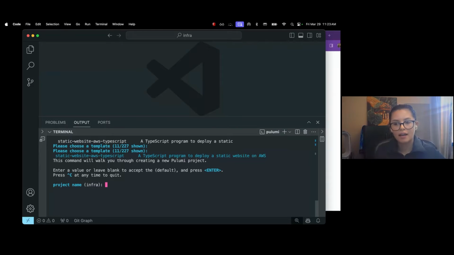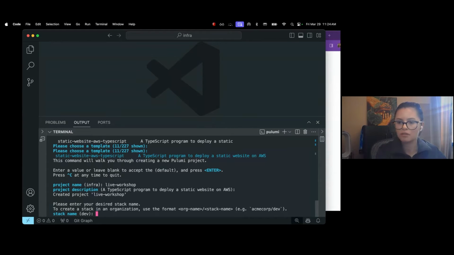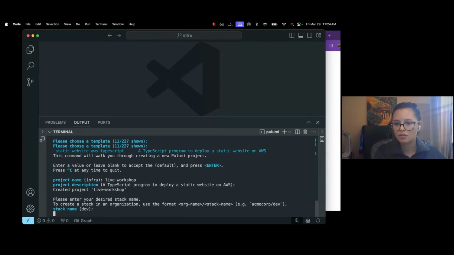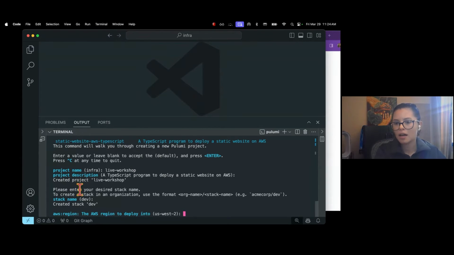So we're going to go ahead and select our template, and then it's going to ask us a couple of questions about the template. For instance, we want to give it a project name. So let's just call it live workshop, and we can leave the description default. We can also use the default stack name. So after this, we're going to be asked very specific questions to this particular Pulumi program. For instance, it's going to prompt us for the